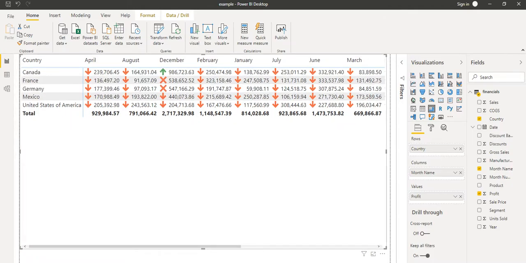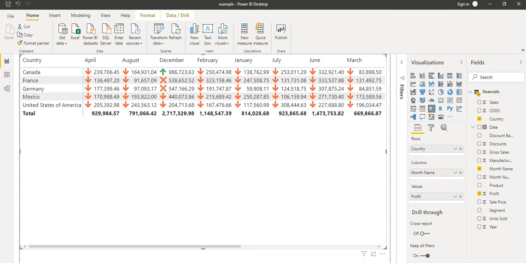In this application, we have created this scenario in the last tutorial. What we have done here is taken a matrix, and in this matrix, row wise we have taken the country, and column wise we have taken the month name. Why do we use this matrix over the table? Because we don't want the repetition of the country, as the table shows the data row wise. That's why the matrix is much more useful than the table. Now in this tutorial we will see the hierarchy over this matrix.